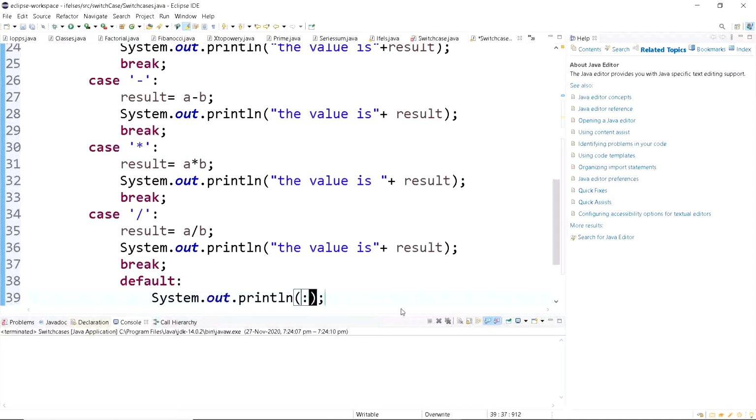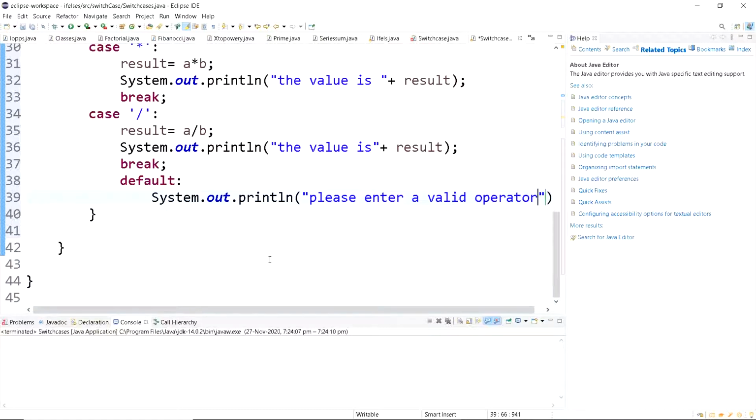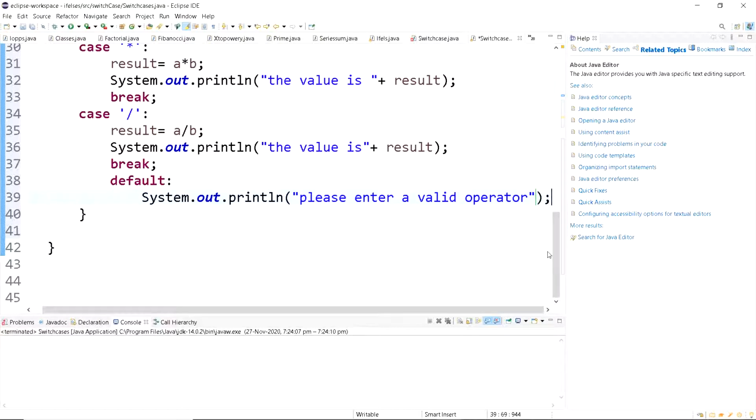The default thing would be: please enter a valid operator. Then break.